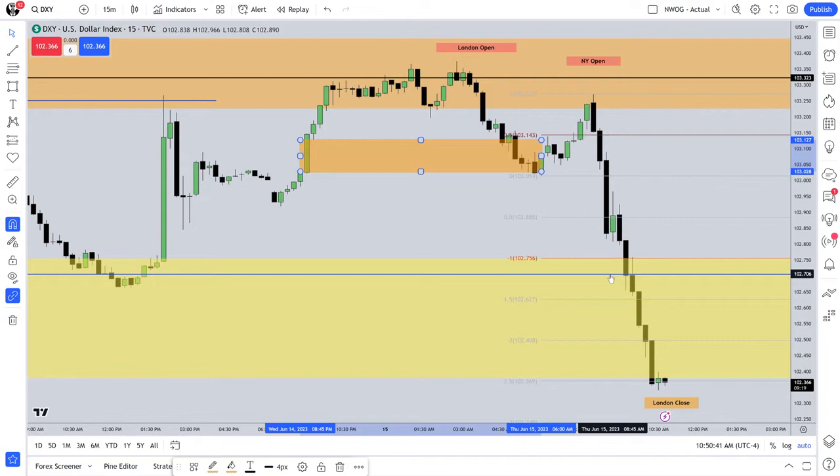Between that level and this high, you're looking through all of this for inefficiencies. And I already disqualified this one. You have this gap here. Okay, that's a real liquidity void. If you extend it forward, you can use that as an objective, as a partial.